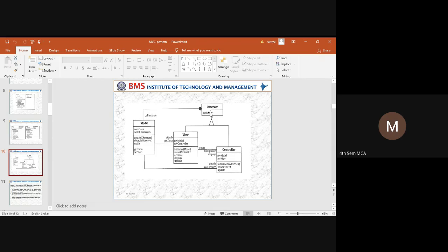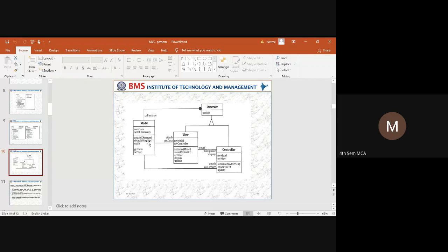This observer has an operation update, and we have a class model. In a model, we have attributes core data and a set of observers, and we have operations attach, detach, notify, get data, and service.